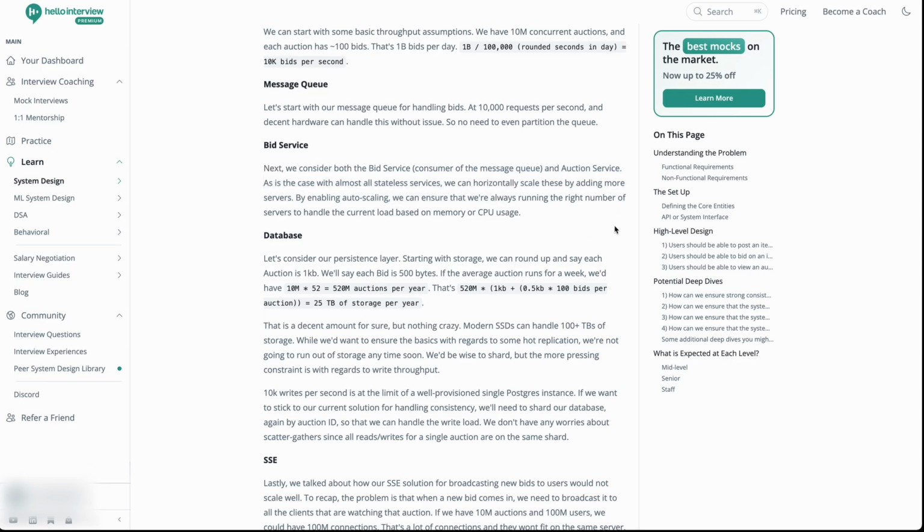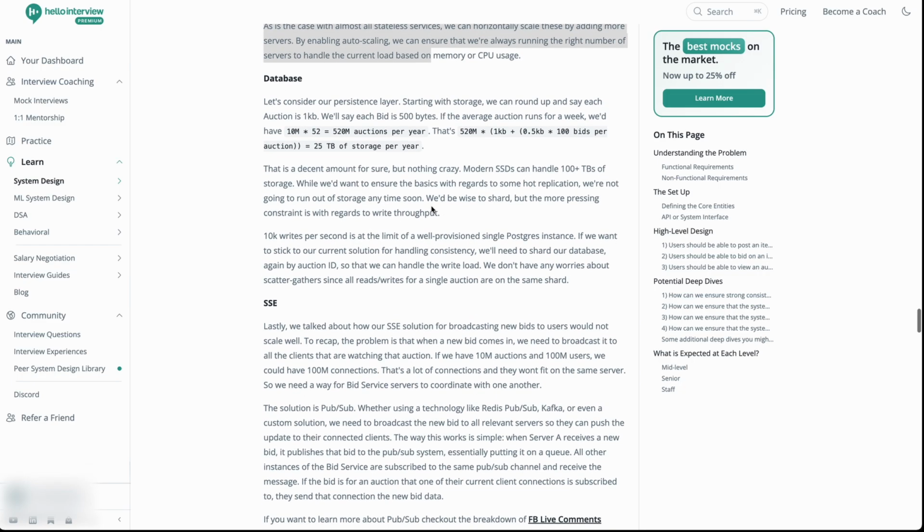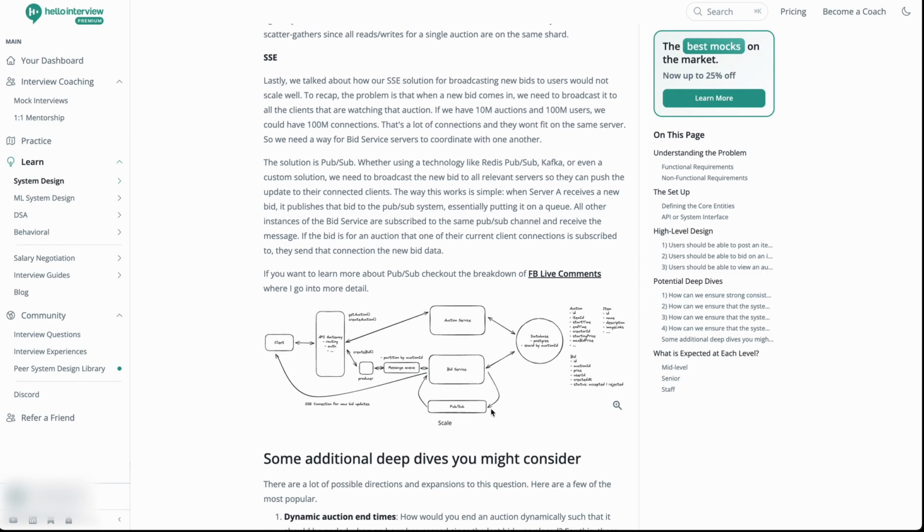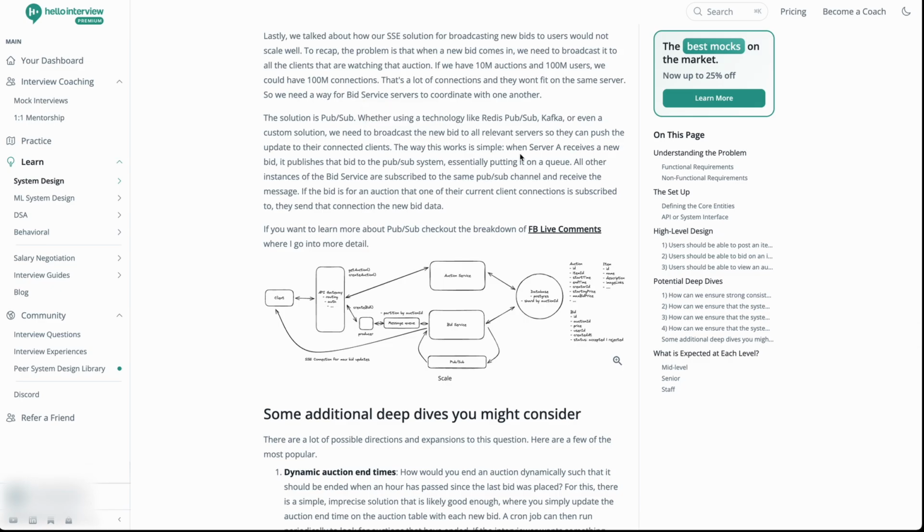Okay, so this is saying we add more servers for the bid service, and then we use PubSub to scale it up by having the different services subscribe to the publisher so that whenever a bid is added, it gets sent to all the relevant servers so they can push their update to their clients. So when server A receives a new bid, it publishes that bid to the pub subsystem, essentially putting